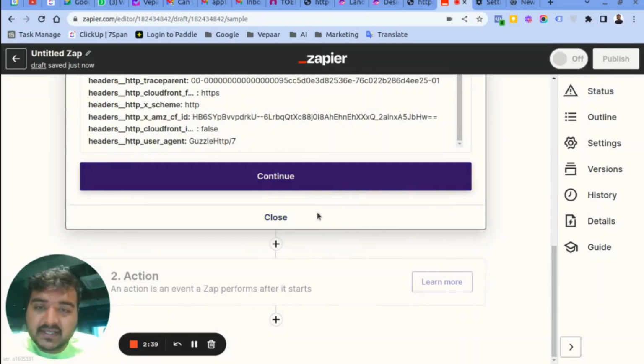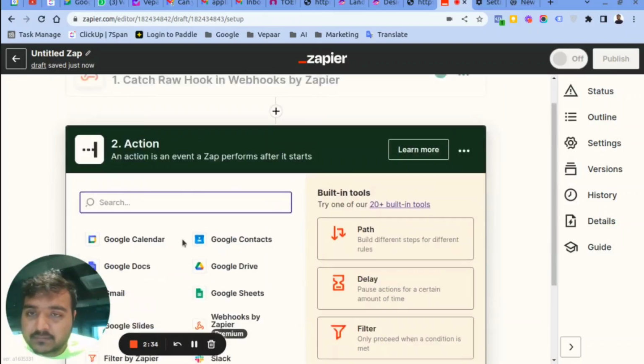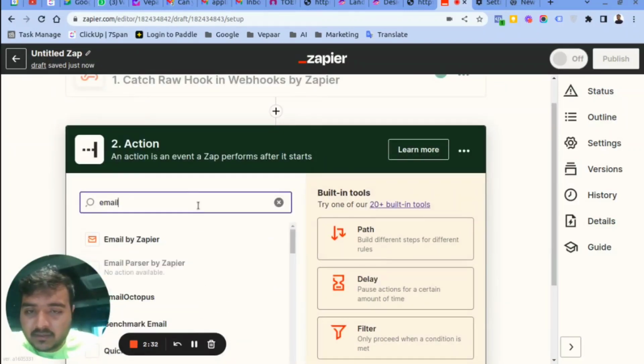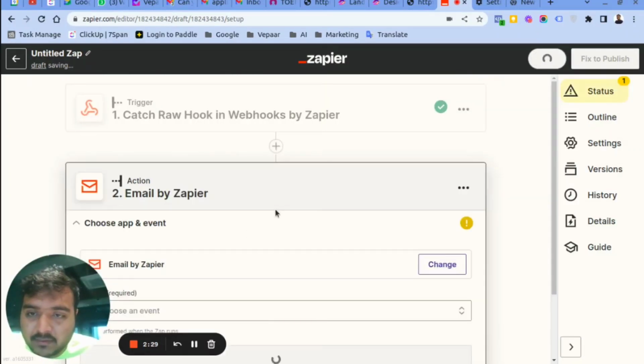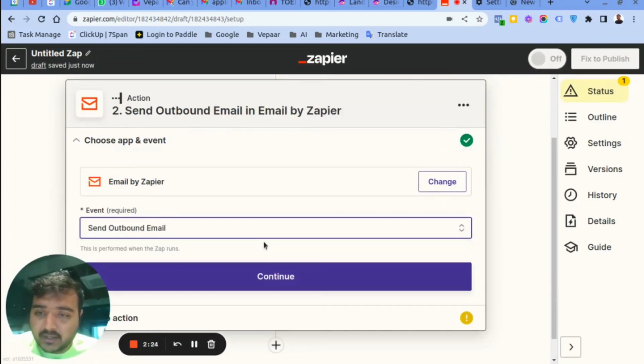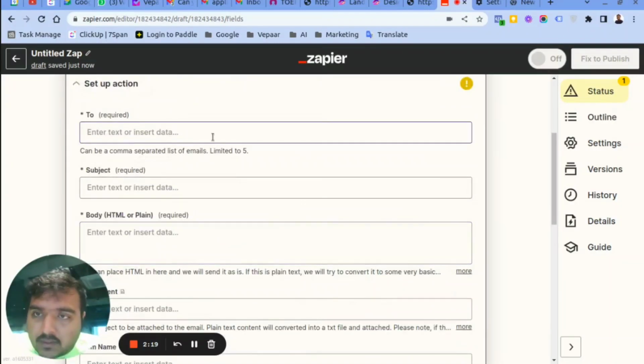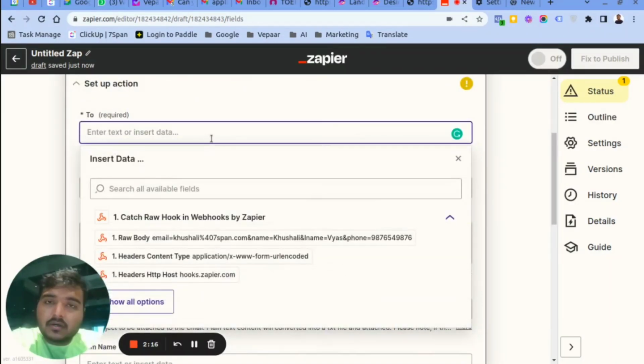Now to forward these details to a specific email, you need to select Email by Zapier here. Now select the event, send outbound email. Click on the email. Now on which specific email you want to forward this lead, like let me put my